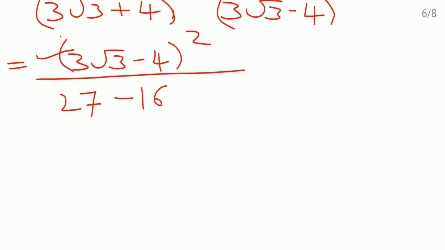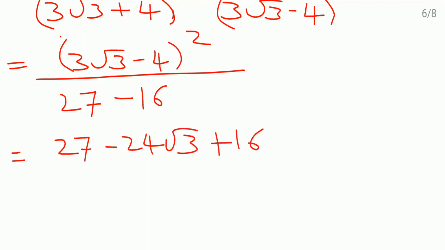A square minus 2ab plus b square. So according to that identity, I'll write it down. 27, because 3 root 3 square will become 27 minus 2 times ab. So 4 3s are 12, 12 2s are 24 root 3, and here plus 16 divided by 27 minus 16